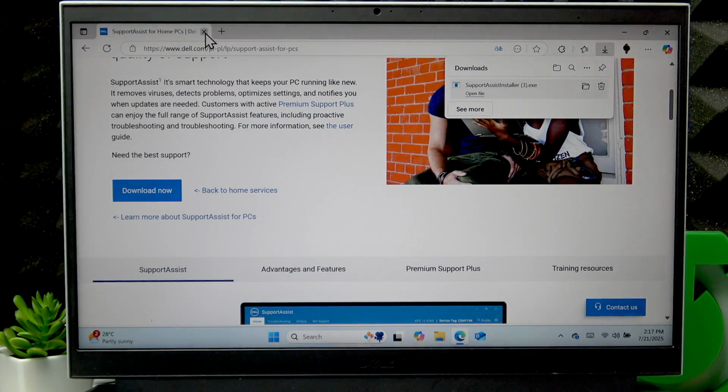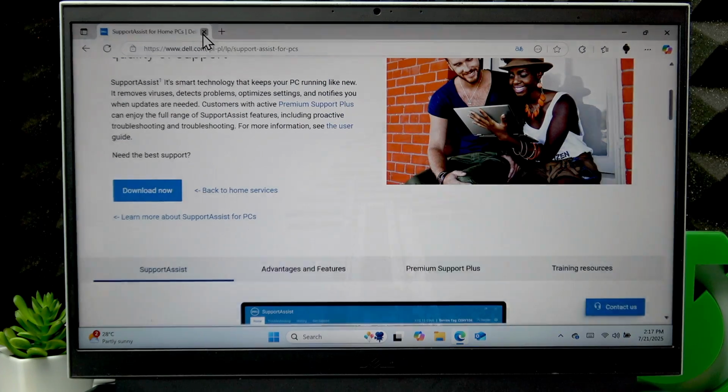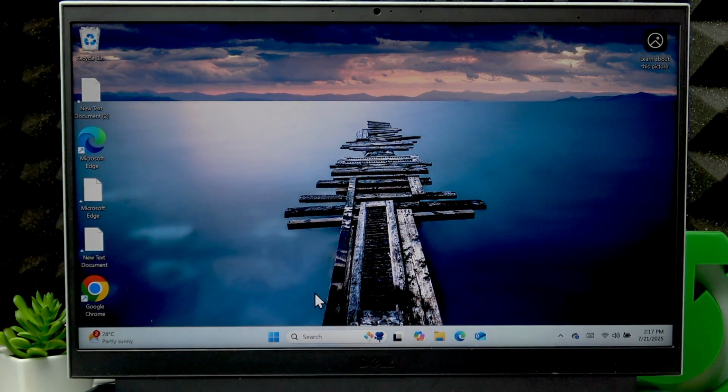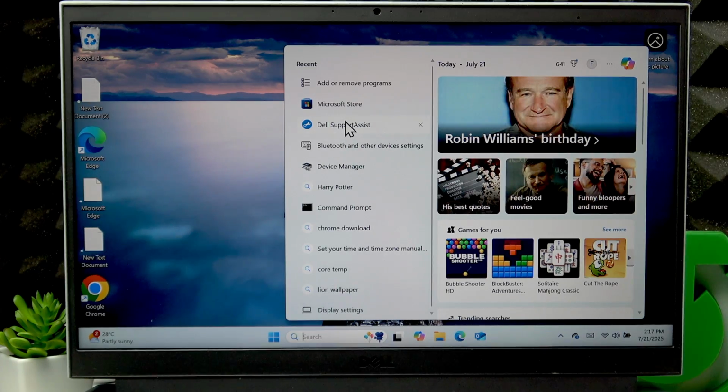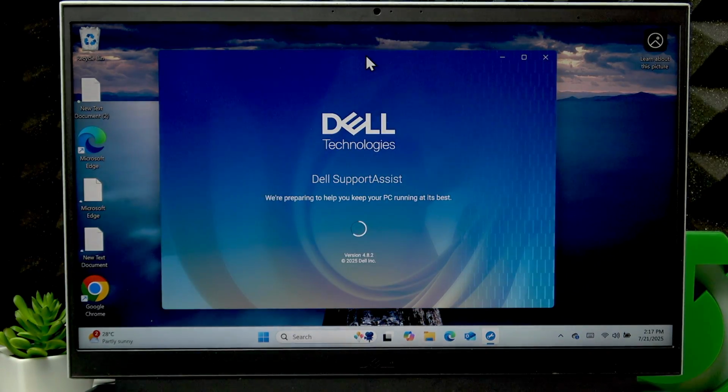The installation is pretty simple. You don't have to do or choose anything. It will take a couple of minutes for this application to be installed on your PC, and once it's installed, you can open it